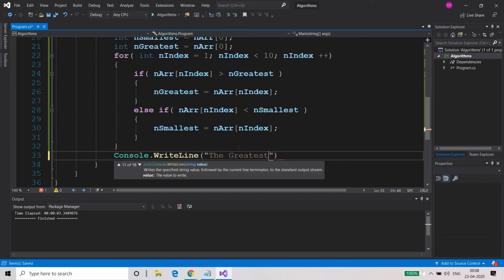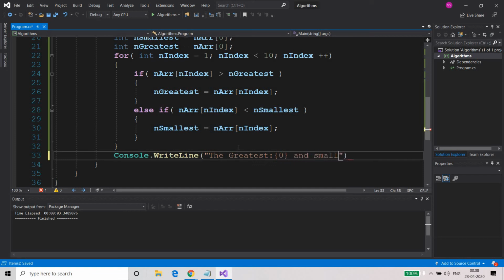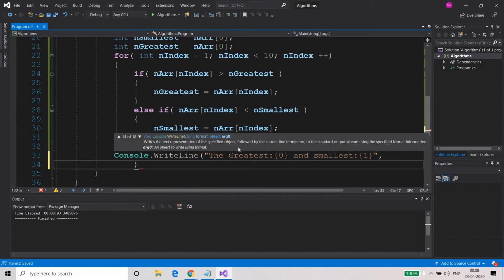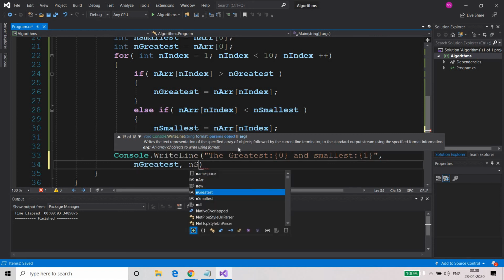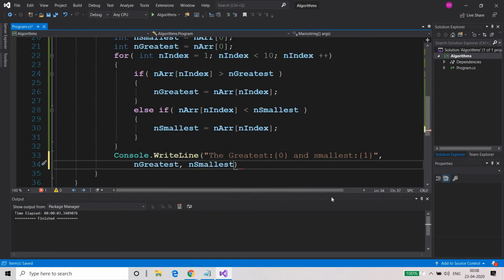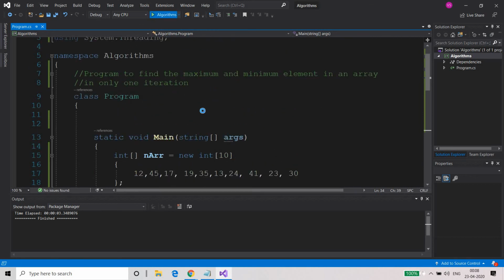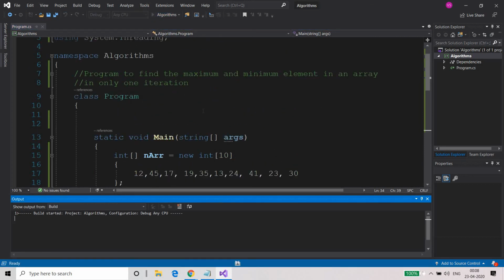The greatest 0 and smallest 1. Just do like this. Smallest. Okay, let's run it and see what the output is.